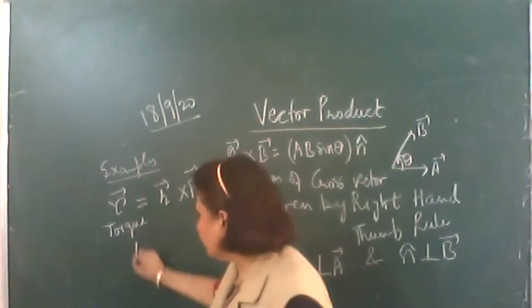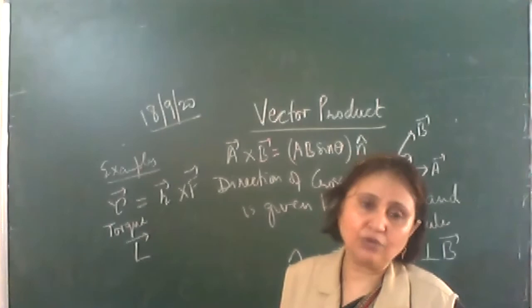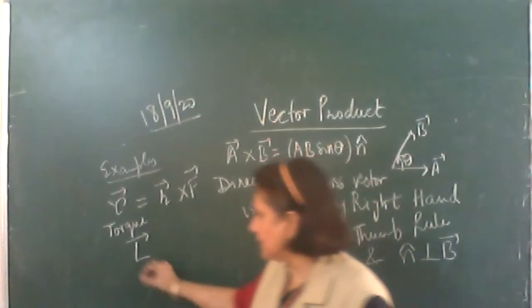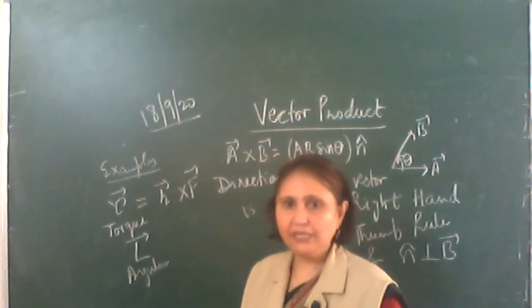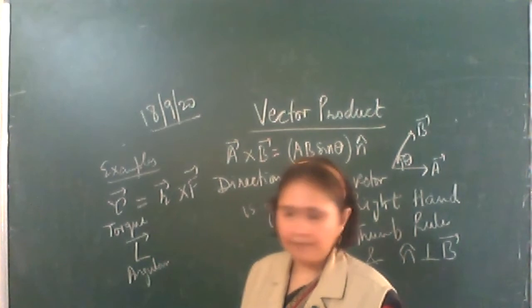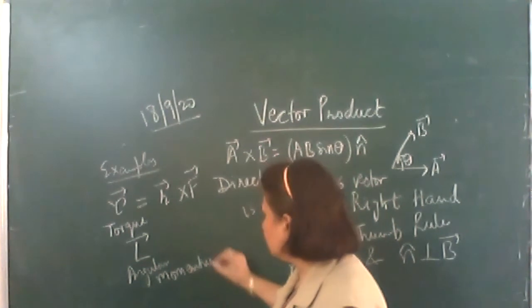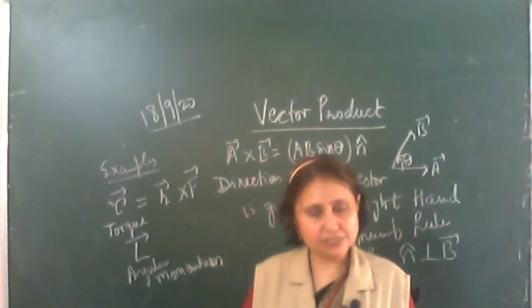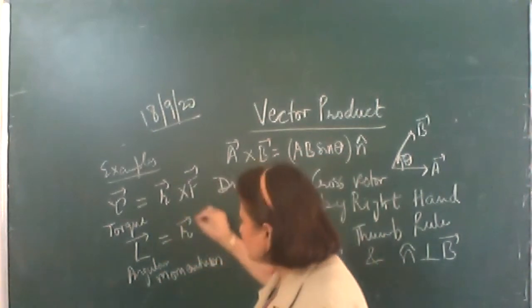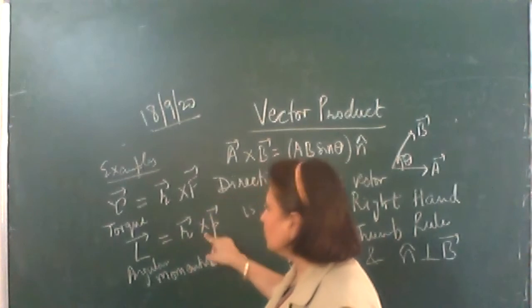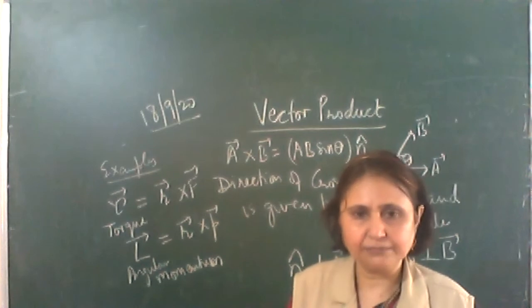The same way, in case of rotational motion, the momentum possessed is angular momentum, and it is represented by L. Linear momentum in linear motion is mass into velocity. Angular momentum comes into play when there is rotational motion of the body. And this angular momentum is equal to the position vector cross the linear momentum vector. R cross P vector is the angular momentum.